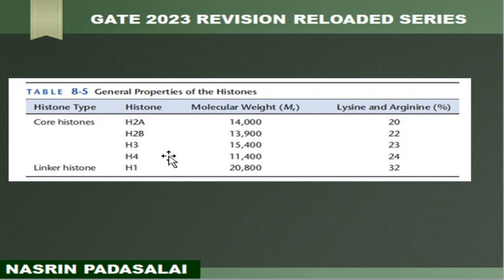Next, you should know the percentage of lysine and arginine amino acid present in them. In H2A, the total percentage of lysine and arginine is 20%. In H2B, it is a little higher, 22%. In H3, it is 23, and in H4, it is 24. In H1, it is the highest, 32% of the residues being lysine and arginine,